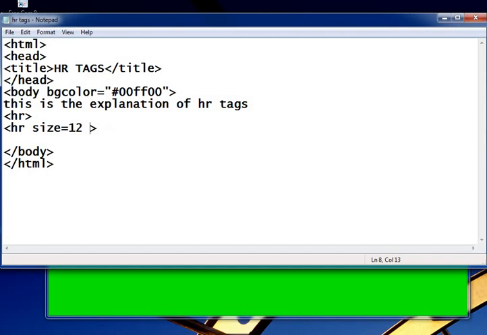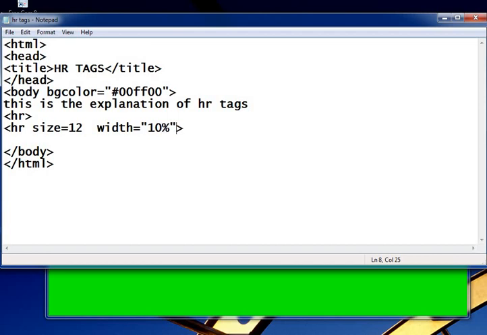For example, HR size 12. Then we just apply noshade, or we can use width also. Width is equal to, in double quotes, 10%.